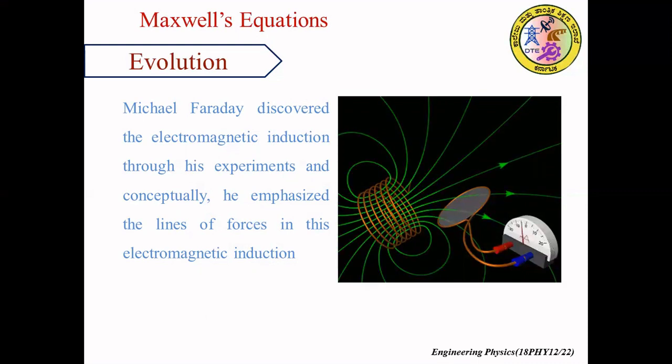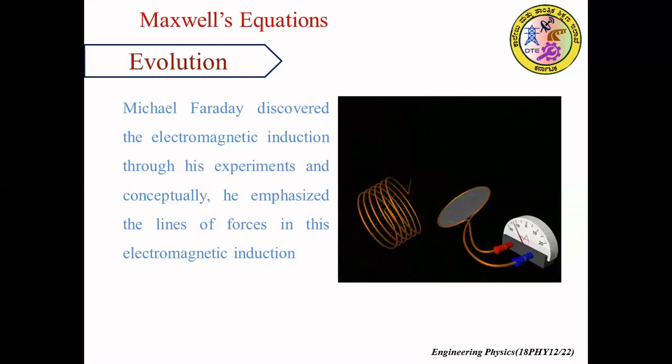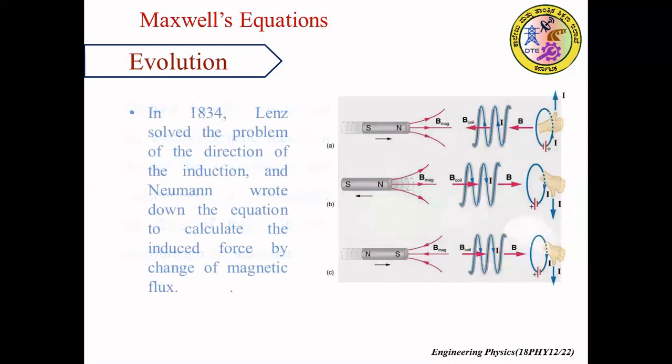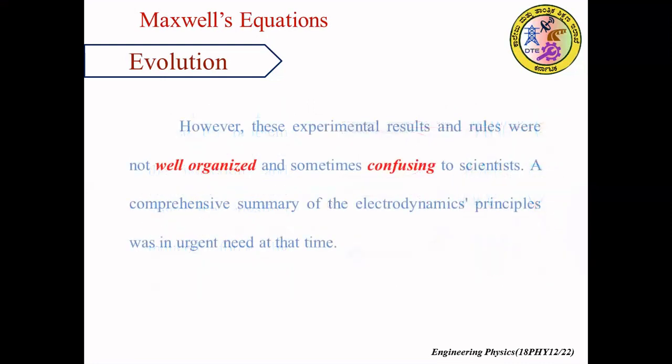Later, Michael Faraday was able to establish the fact that there is current generated when the magnetic lines of force are intercepted by the conductor. But what is the direction of the current? What is the direction with respect to the field? This he could not identify. But later, Neumann studied further on his induction effect and he was able to identify the direction of the induced current with respect to the change in the direction of the magnetic field. So we had a complete understanding of electromagnetic induction effect.